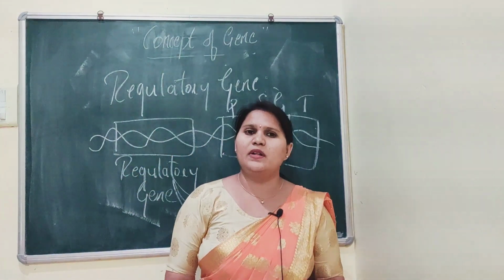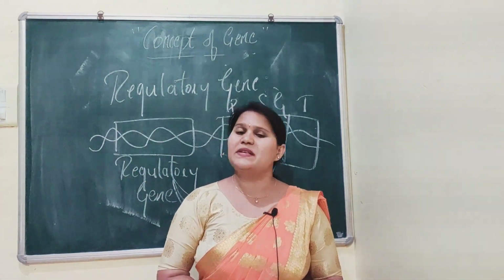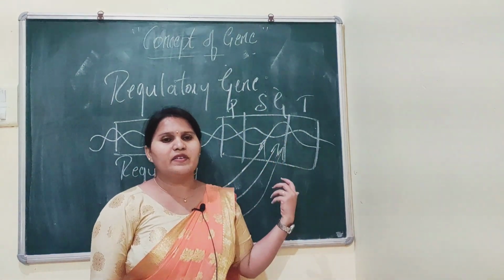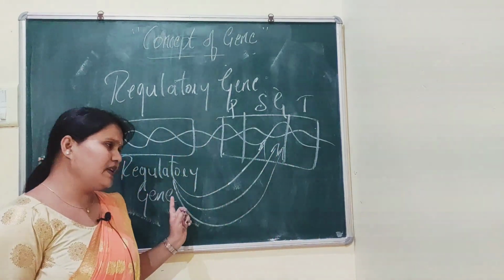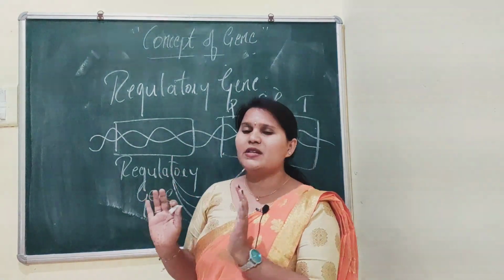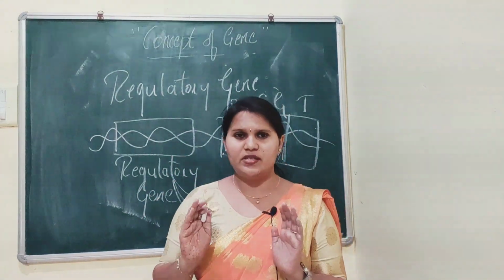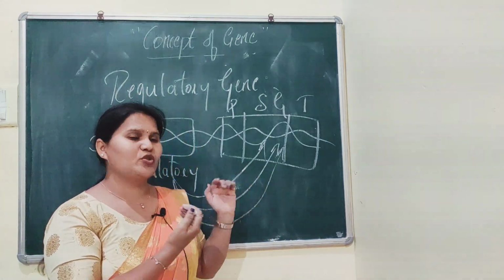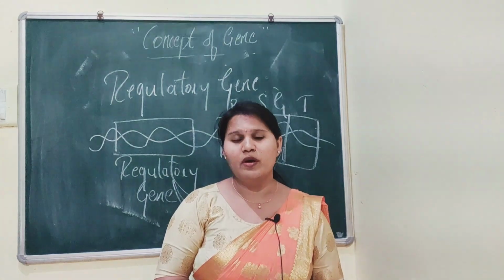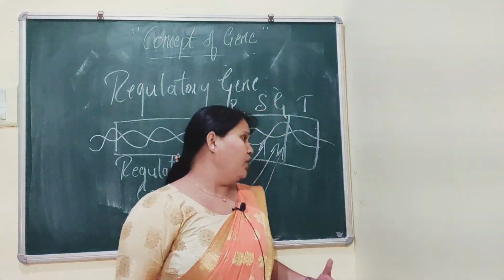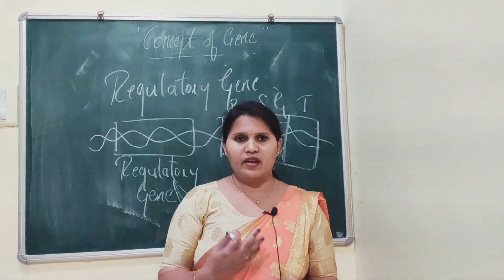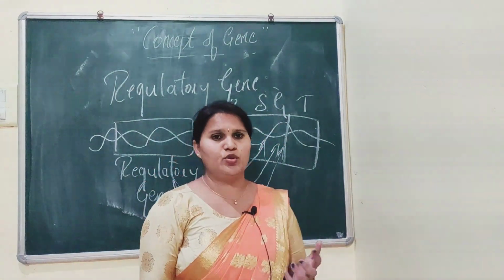Clear? For example, lac operon, okay, it's the best example, where in the lac operon the 3 specific enzymes are given by these structural genes with the help of this regulatory gene. So just remember that regulatory genes are those genes which control over the structural genes. Why should they control? Why? There should be some need, you know. They control to form the normal functions where each structural gene has to perform their activities.